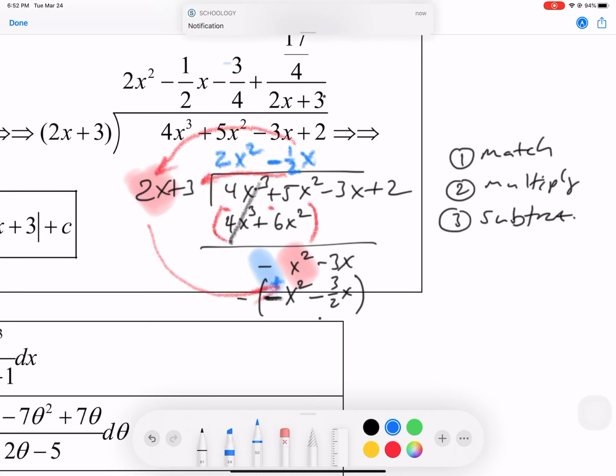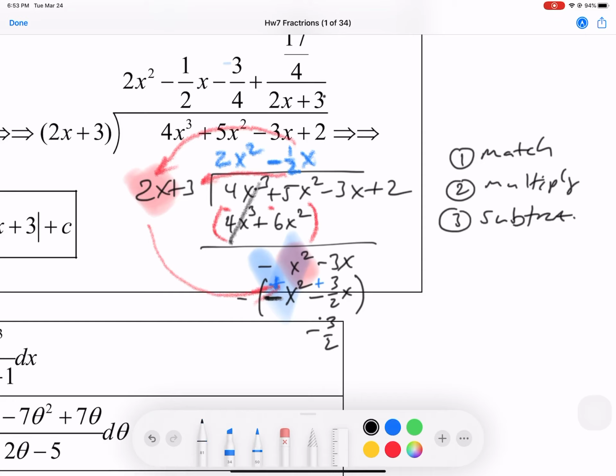Let's write that a little nicer. Let's use a different one. Maybe a plus, and this will be a plus. So negative x squared plus x squared cancels out, and we're left with a 3 over 2, which is 1.5. 1.5 minus 3, we end up with a negative